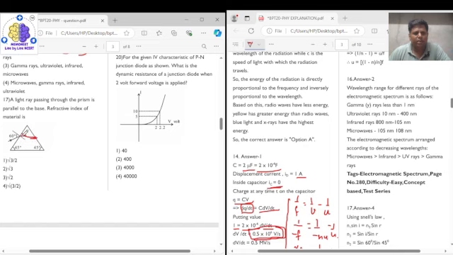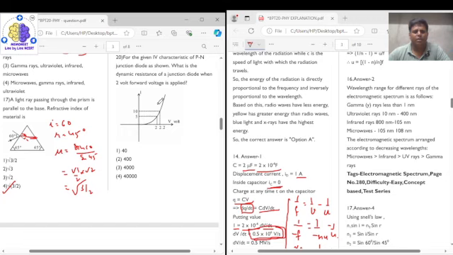It means your angle of incidence is equal to 60 degrees and angle of refraction is equal to 45 degrees, and your refractive index is equal to sine i upon sine r. So sine 60 upon sine 45, so it will be equal to root 3 by 2 into root 2, so it is equal to under root of 3 by 2. Under root of 3 by 2 is option 4, so the correct answer for question number 17 is option 4,